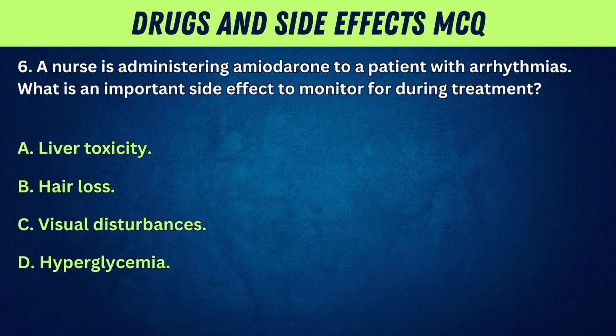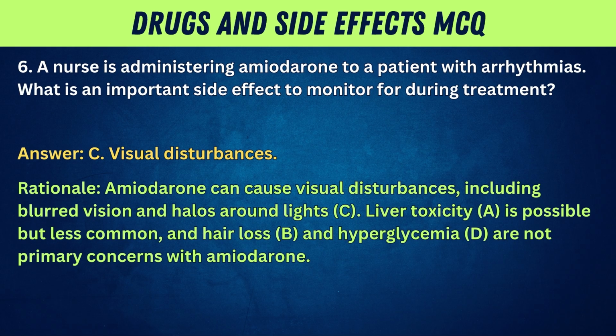6. A nurse is administering amiodarone to a patient with arrhythmias. What is an important side effect to monitor for during treatment? A. Liver toxicity. B. Hair loss. C. Visual disturbances. D. Hyperglycemia. Answer: C. Visual disturbances. Rationale: